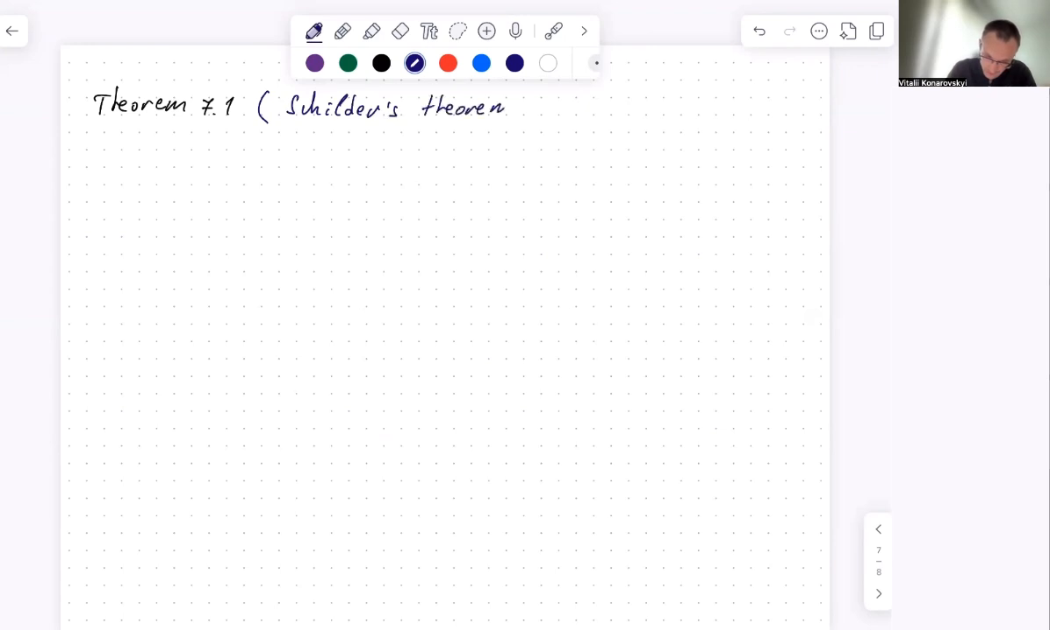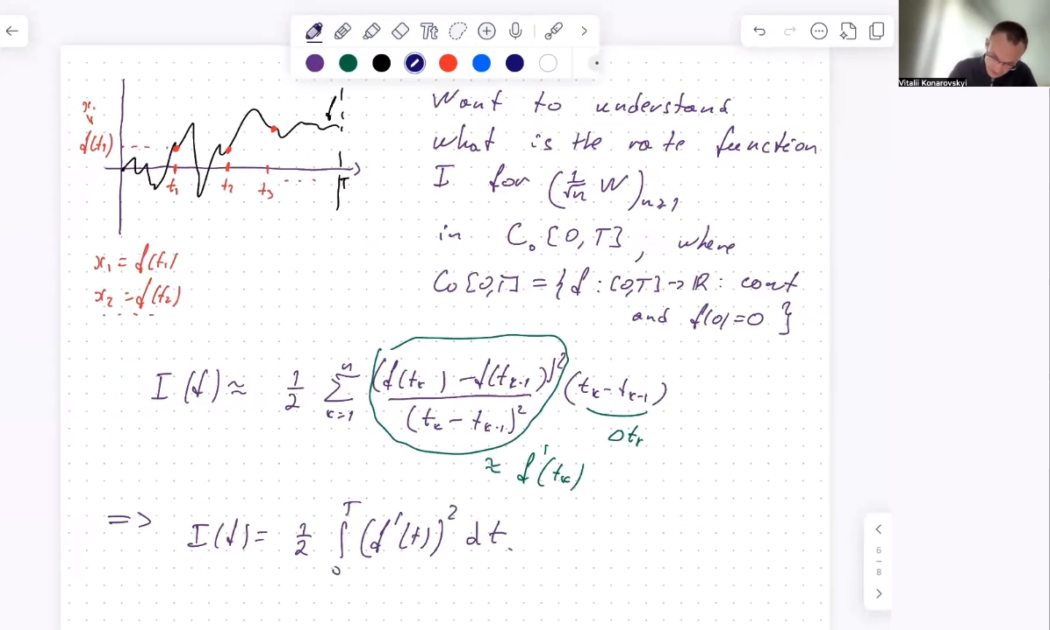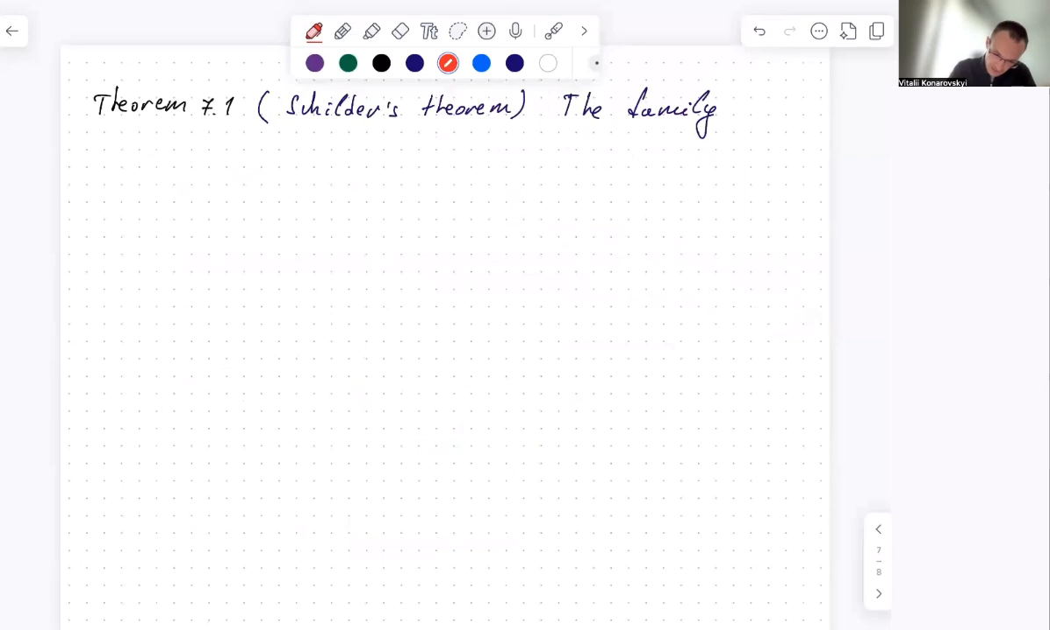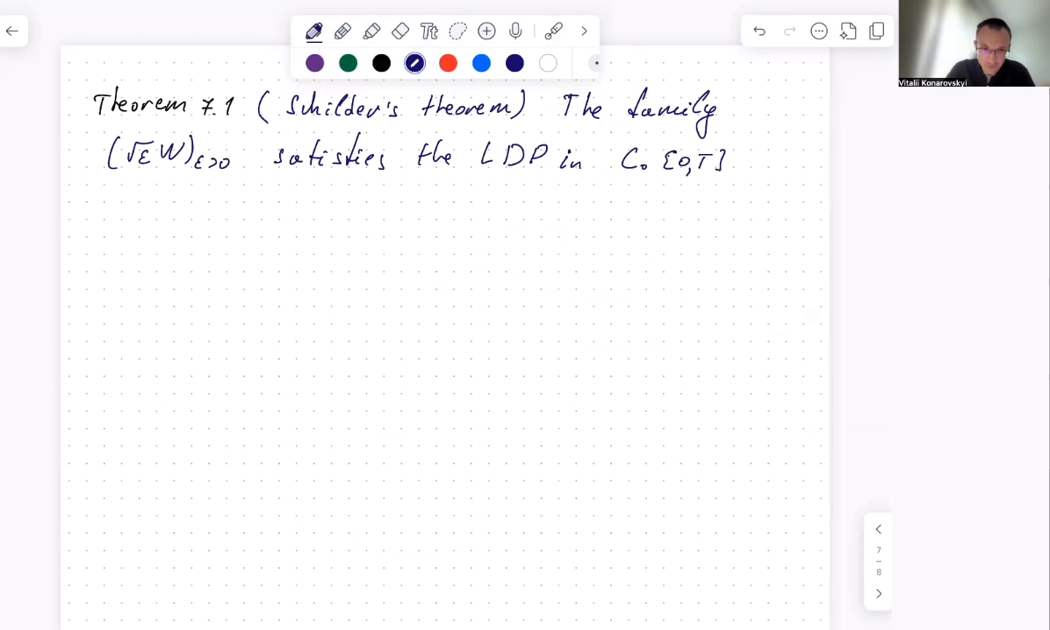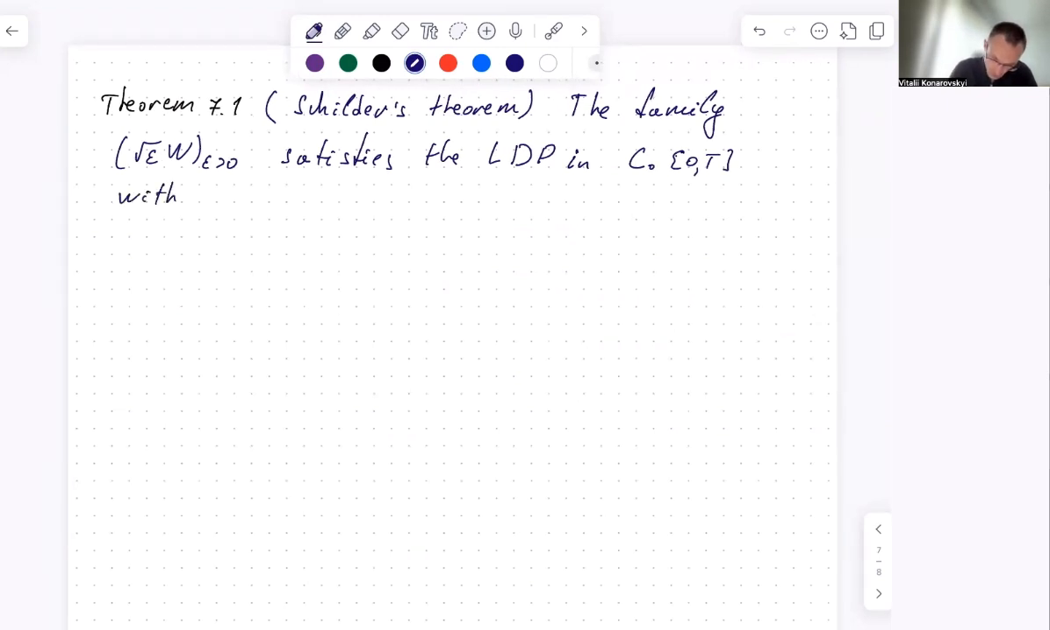Theorem, which says that the family... Also, let me make a remark that for us it will be more convenient to replace this 1 over square root n by square root epsilon, and assume that this epsilon just is a positive number. So therefore, let me write that as follows. So the family square root epsilon W, epsilon larger than 0, satisfies the large deviation principle in the space of continuous functions on [0,T] started from 0 with good rate function